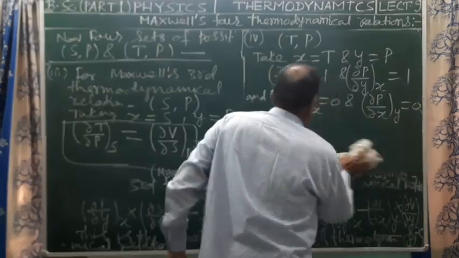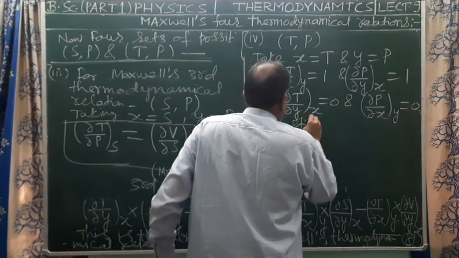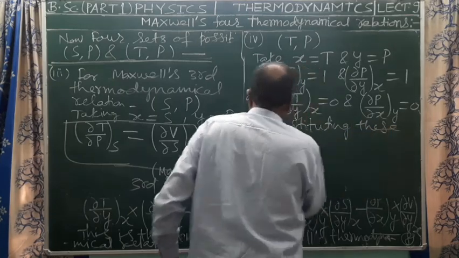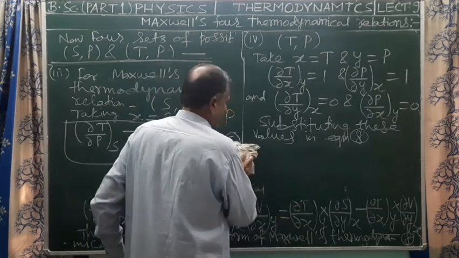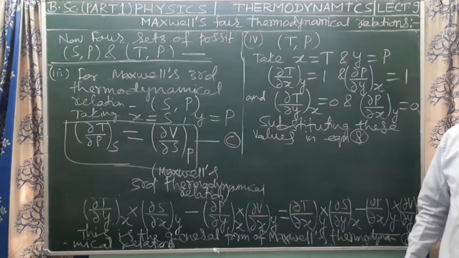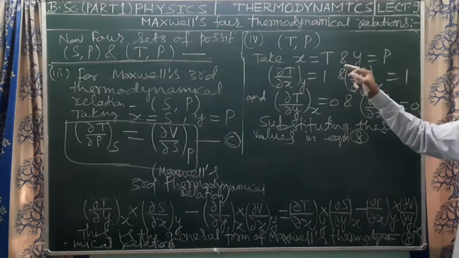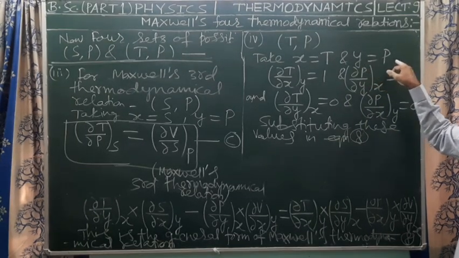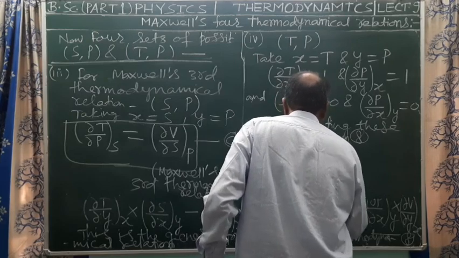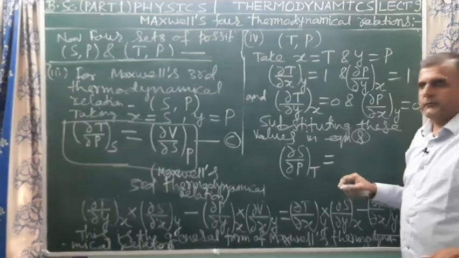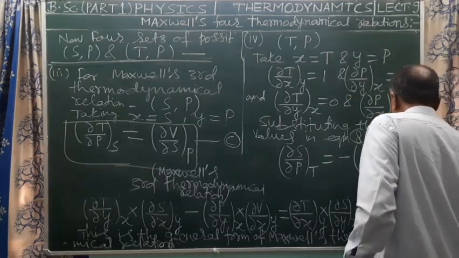And substituting these values in equation 8, that is relation 8, Maxwell's general form of thermodynamic relation, we will obtain the final result as del S upon del P at constant temperature, because we have taken x equal to T. So we replace x by T and y is replaced by P. So we have the final result: del S upon del P at constant temperature, x replaced by T, equals minus del V upon del T, and y replaced by pressure P, at constant pressure P, and it is equation number D, which is